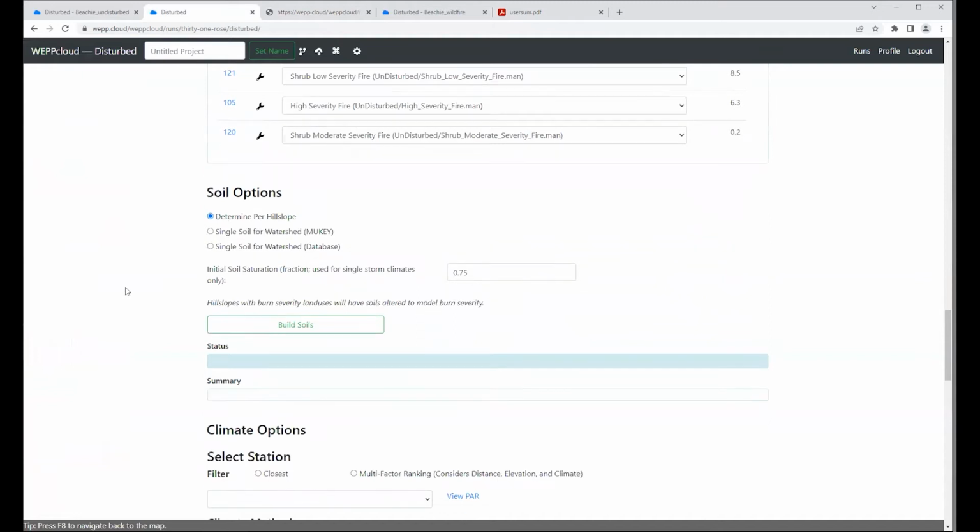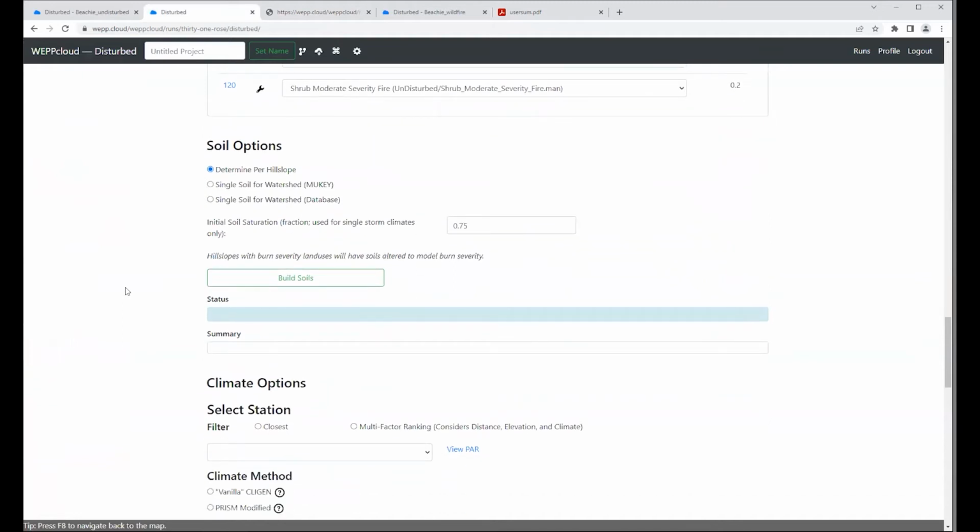To build the soils, the interface is accessing both the SURGO and the STATSGO databases, and then builds a soil file in a specific format required by WEPP. SURGO is used as the default option, but the interface will access the STATSGO database where the SURGO soils are missing. Similarly, as for the managements, we have the option to determine the soils by hill slopes,